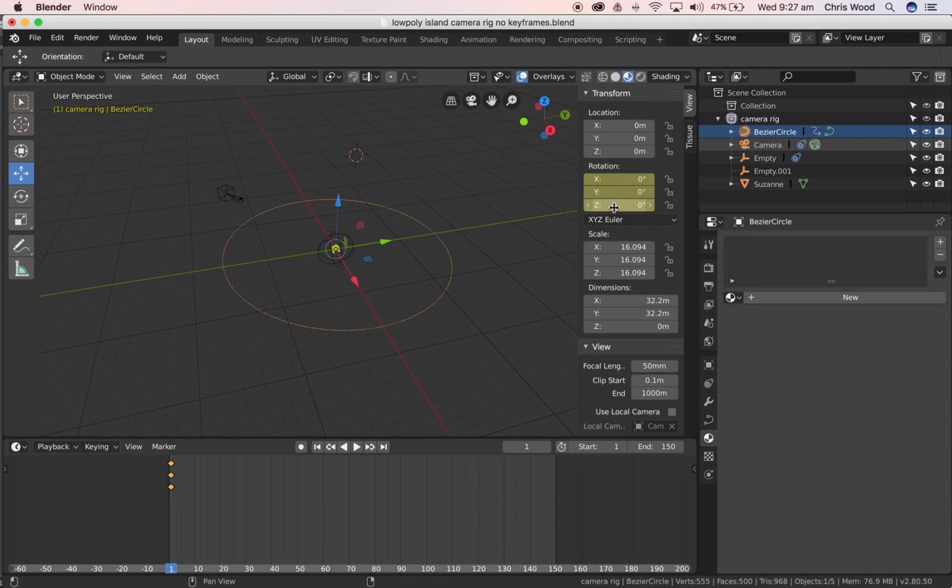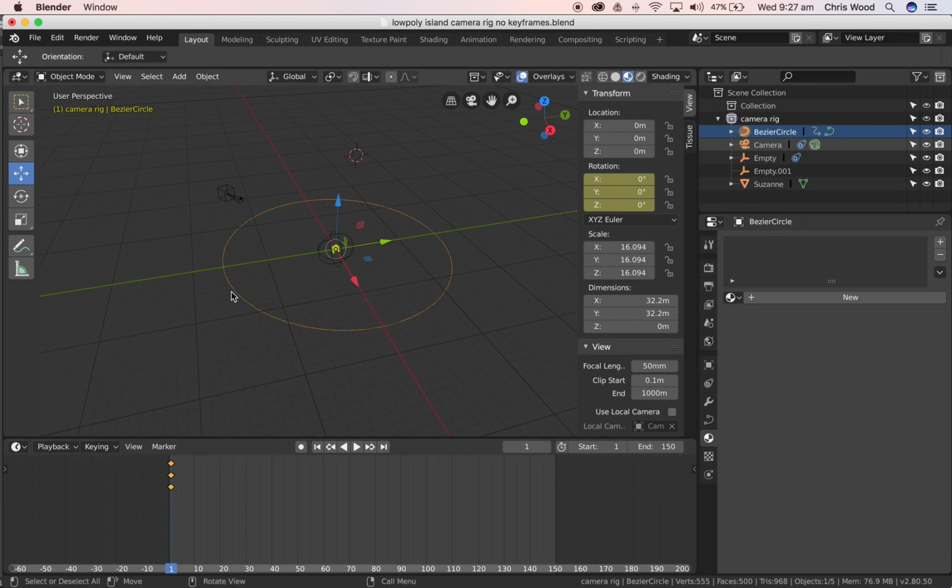And we can see that this rotation panel is now lit up. So this is the only data we're changing, and these diamonds have appeared down in the bottom here. And there's another thing, a graph editor, which these relate to as well. But we'll have a look at that just in a minute. Okay, so let's